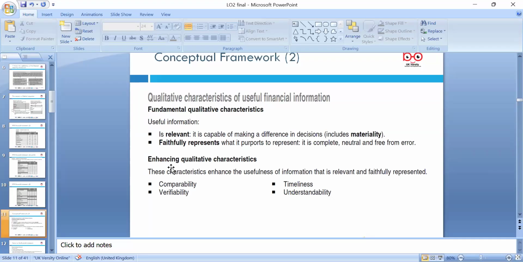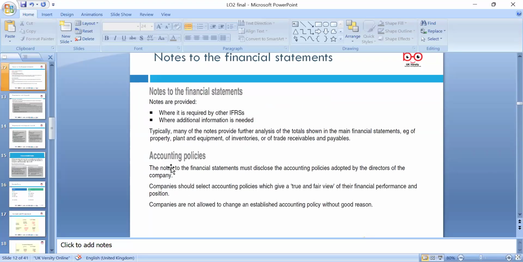Is it timely, within 90 days? Is it understandable, for those who have basic accounting knowledge? They can understand things. So that's what we need to look at around the notes to the financial statements. These are also very important: of course accounting policies, the different policies adopted by the directors, as are special policies for information needing to be true and fair. Companies are not allowed to change an established accounting policy, because